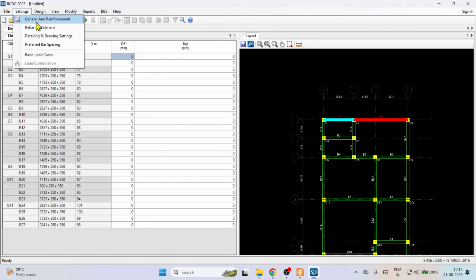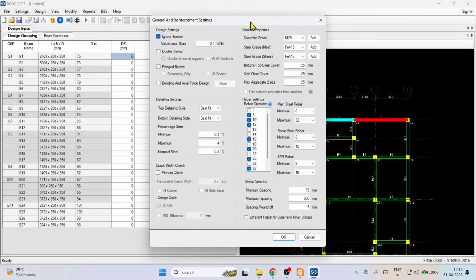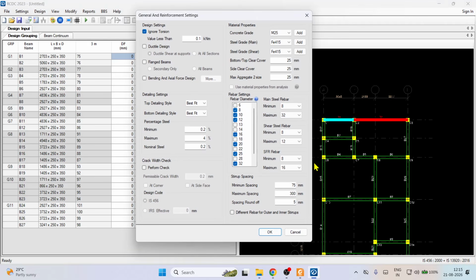So directly go to the setting, general, and reinforcement, we have to click this, a details box appears. So ignore torsion if it is less than 0.1 kilonewton per meter square. So if torsion is there and it is less than this, you have to